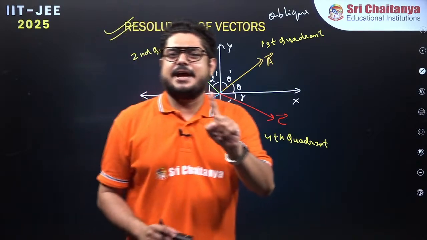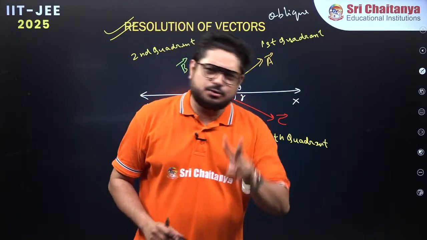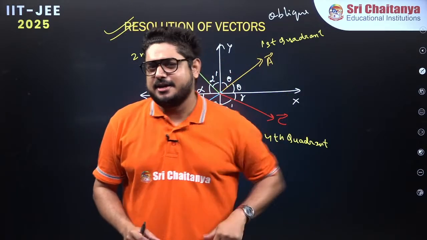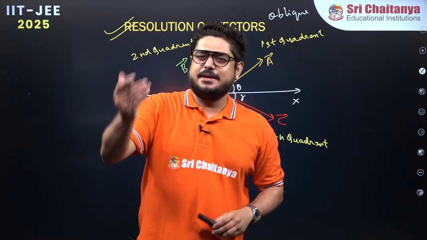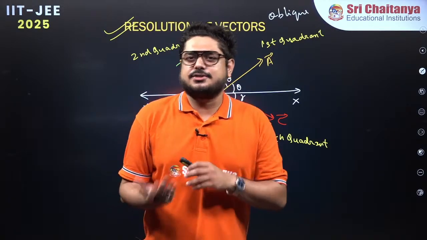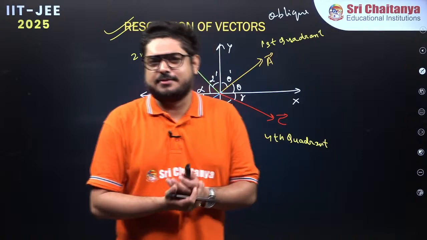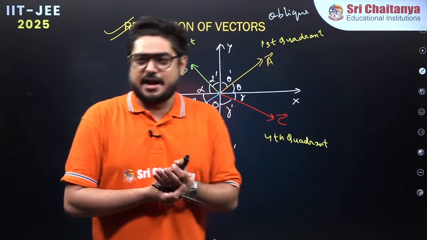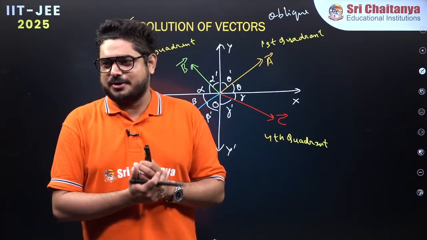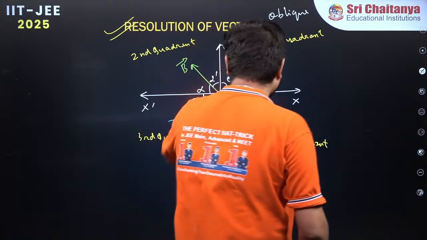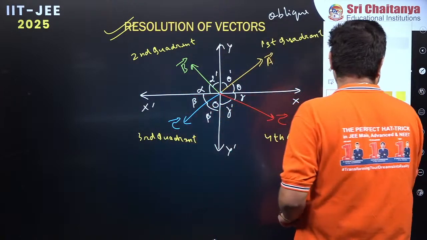Okay, so now since I have drawn a Cartesian plane, a 2D system, I will be trying to resolve these vectors into two components itself. That's it. There can be a third component. You will be gradually knowing it. Once you start studying kinematics, you will be gradually knowing about the third axis and the third resolution of the component. Okay, so now what I will say is, now if I try to resolve this A vector,